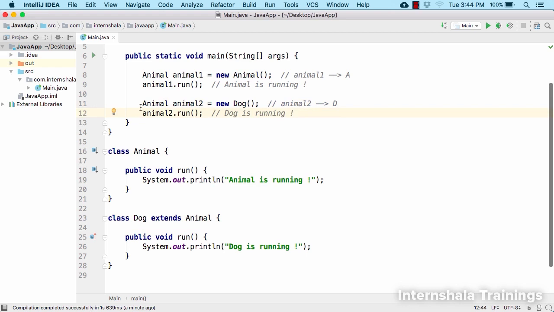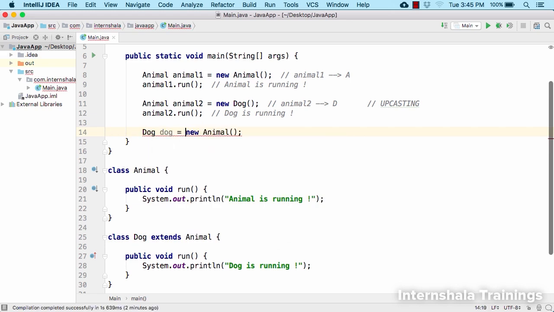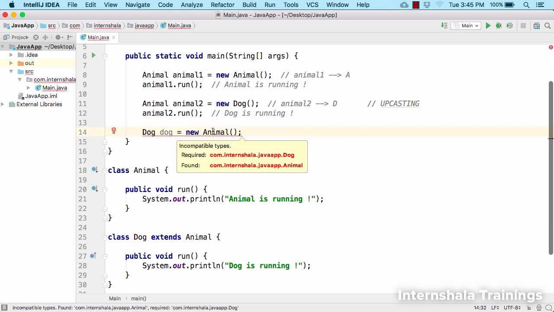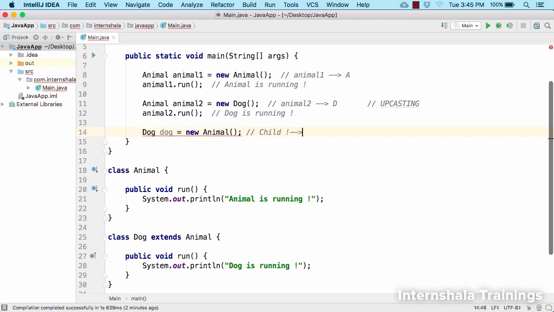So this concept of having the superclass on the left hand side and the child object on the right hand side is actually the concept of upcasting in Java. Now let us try something different. Let us create a new Animal object and try to assign it to the Dog reference variable. This time the compiler starts to complain, because on the right hand side we have the parent class and on the left hand side we have the child class. So a child class reference can never point to the parent class object. Always remember this. This is the rule in Java, right? So in Java this is actually not allowed.